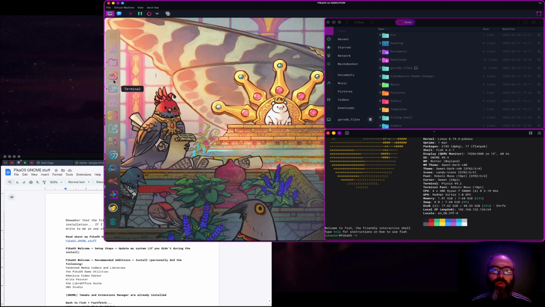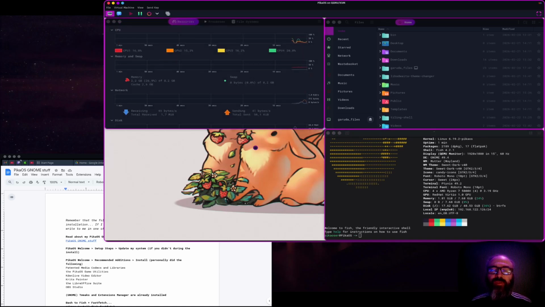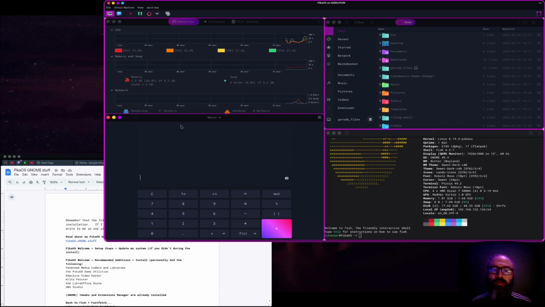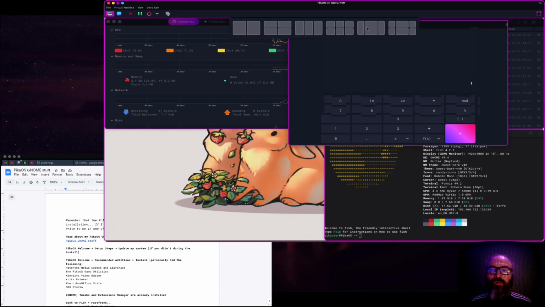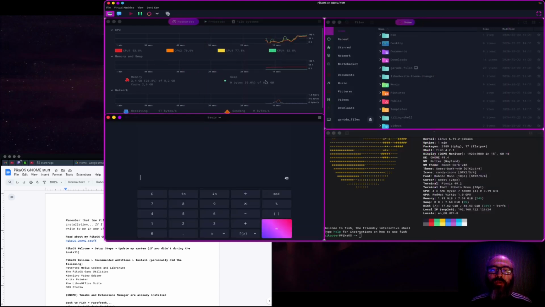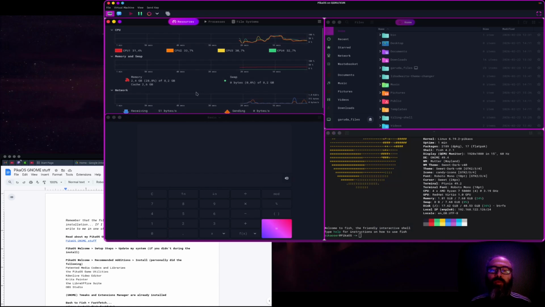For example, I will open these applications, and as you can see, they open up on a specific part of the screen. And also you can do this. You can move the windows up here, or you can right click on the top of the windows and have this option here, for example. Anyway,